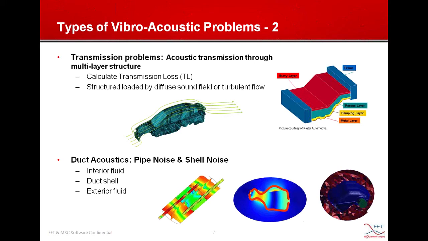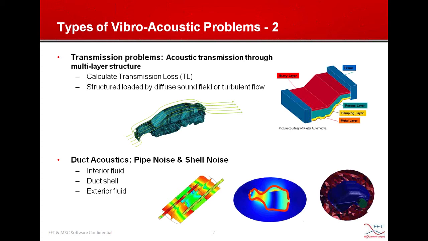Now the last type is duct acoustics. In duct acoustics, we have both issues in pipe noise and in shell noise. Pipe noise is a sound that propagates, as we can see on this image, from the duct inlet, going through the entire intake or the entire exhaust system and transmitting out of the outlet surface. And shell noise is the sound radiated by the vibration of the duct shell or the muffler shell, like this one,